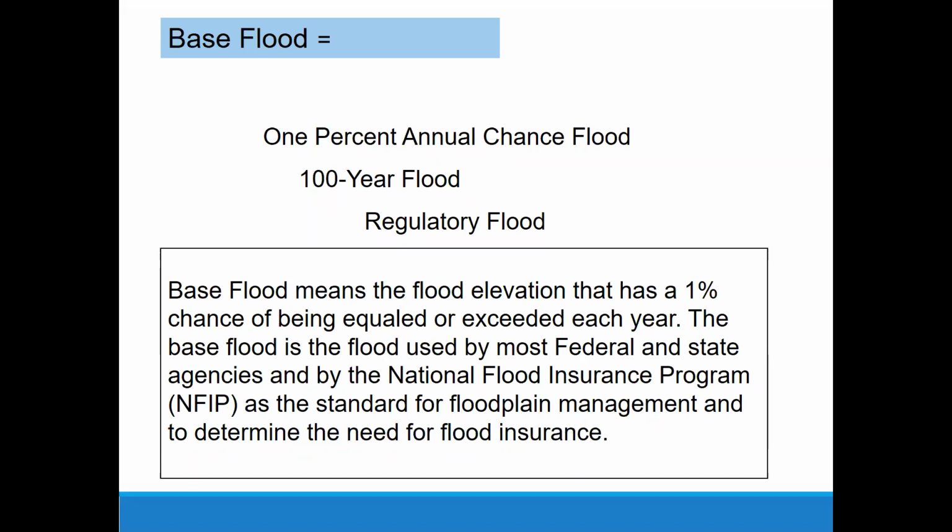Now, why do they call it the base flood? Because it's the flood that insurance and rules and regulations and flood maps are based upon. So it's the size of the flood that is the basis for all these other things. That's why they call it the base flood. They also call it the regulatory flood because that's the flood level that rules and regulations are based upon. Here in the state of Kansas, we elevate buildings 1 foot above the base flood elevation, or we regulate to that level and add 1 foot. Hope everybody understands that.